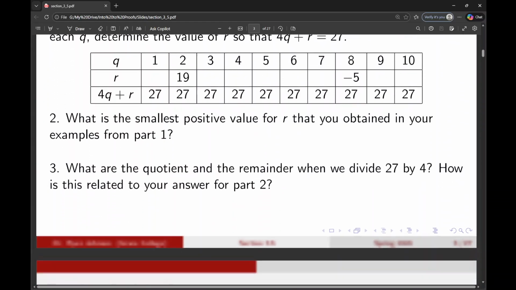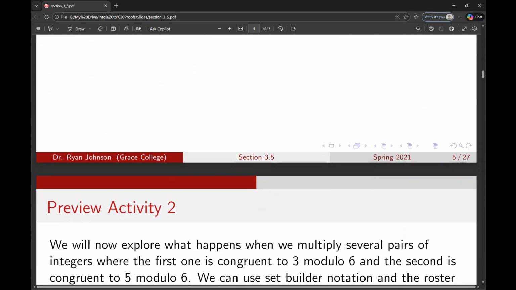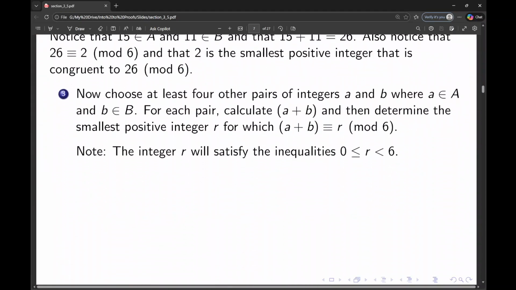We're going to skip the beginning activities because you are going to turn those in to me later. And we'll jump down to